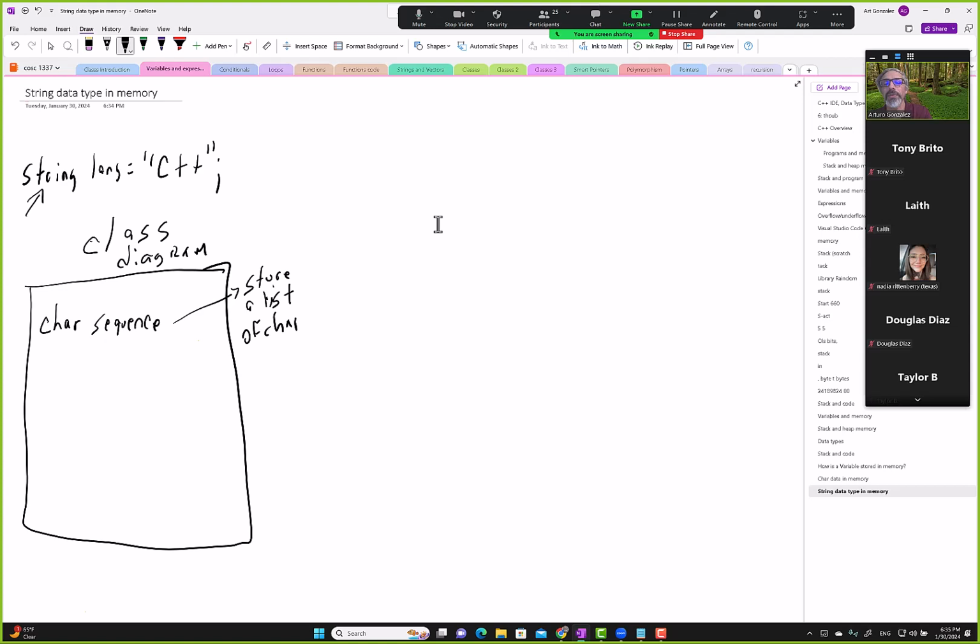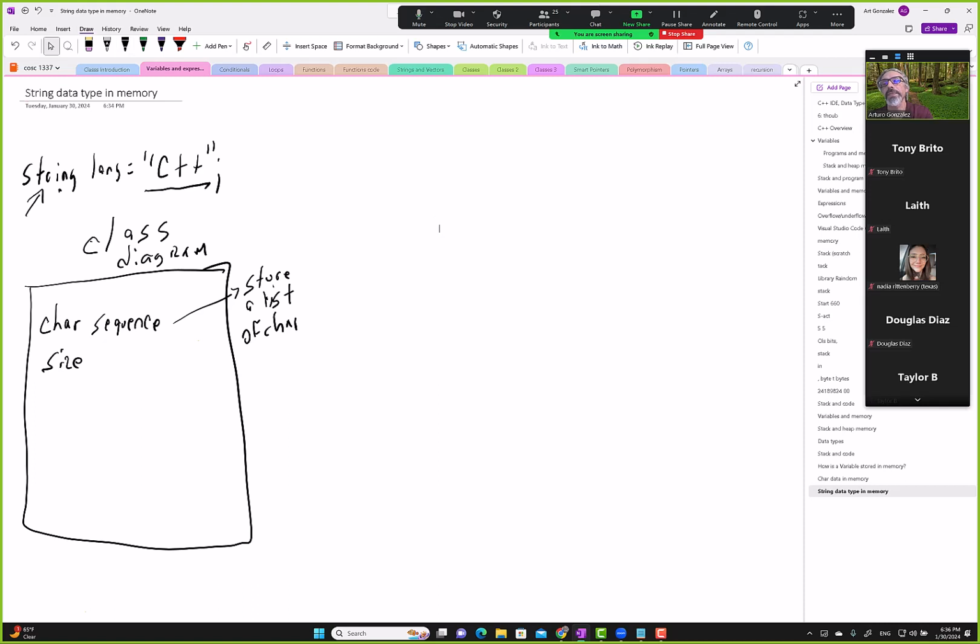Okay, we'll take a deep dive into how this works in the future, but all I'm saying is someone wrote code to represent the concept of a sequence of characters in memory, and that code is in the string class. And maybe they created some functions for the string class, maybe like the size of the string,